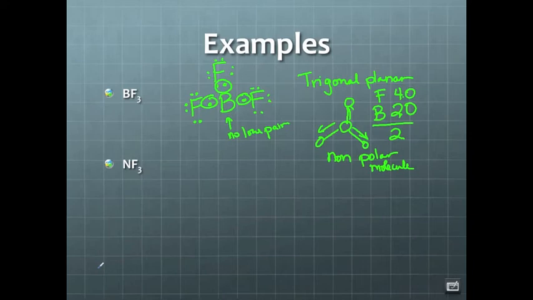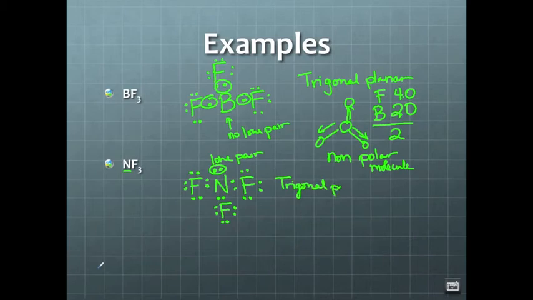We're going to start out very similarly with NF3. We know N is least electronegative, so it goes in the middle with its 5 electrons. Then we're going to fill in our fluorines around and fill in their 7 electrons again. So our biggest difference is boron did not have a lone pair, nitrogen has a lone pair. And so if we look at our table, we find that 3 bonds and 1 lone pair is going to be